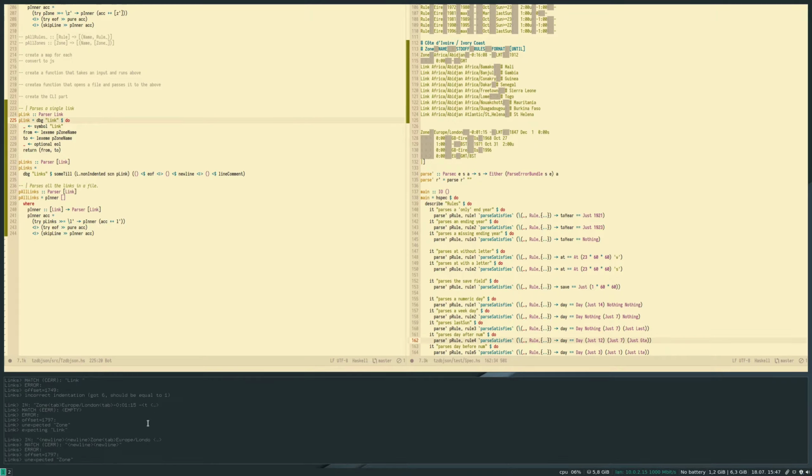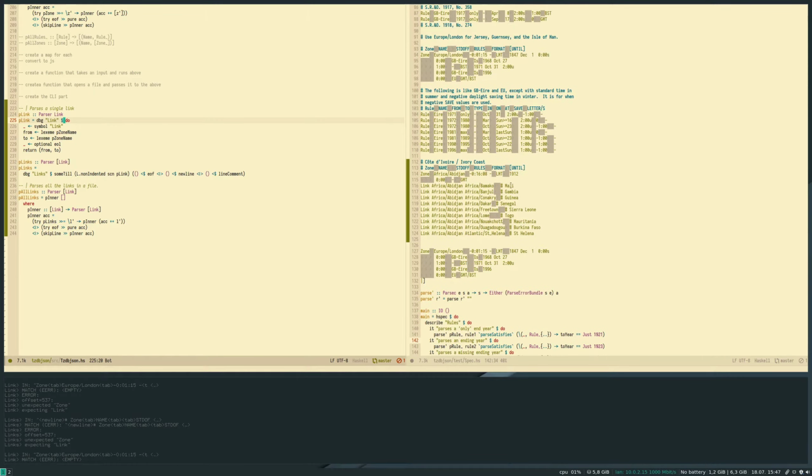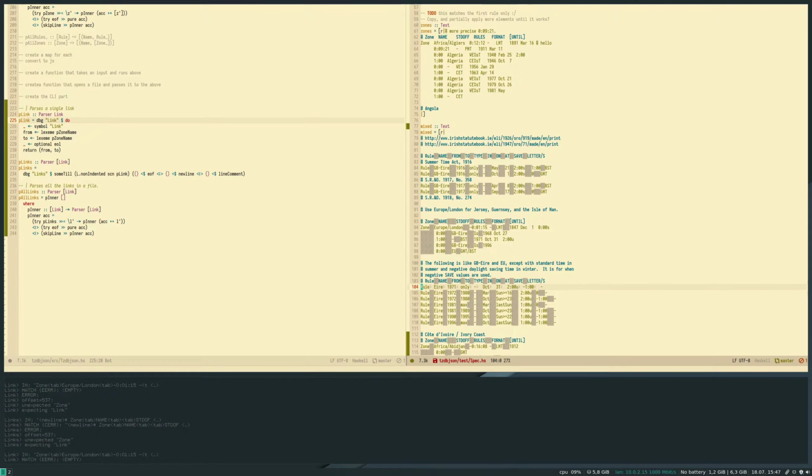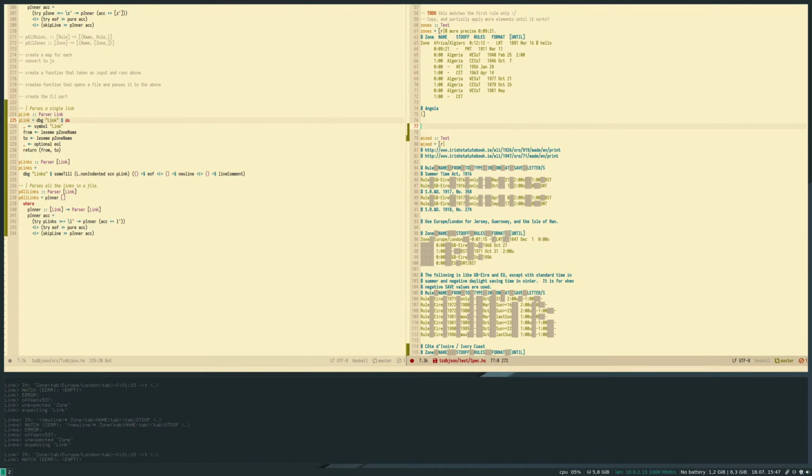Okay, we got a lot more information now. This file is very long, so let's try something else first. So let's try first adding something just for the links, which makes it easier to debug.